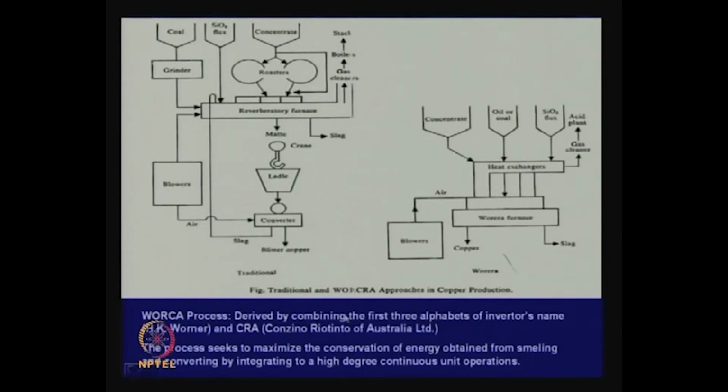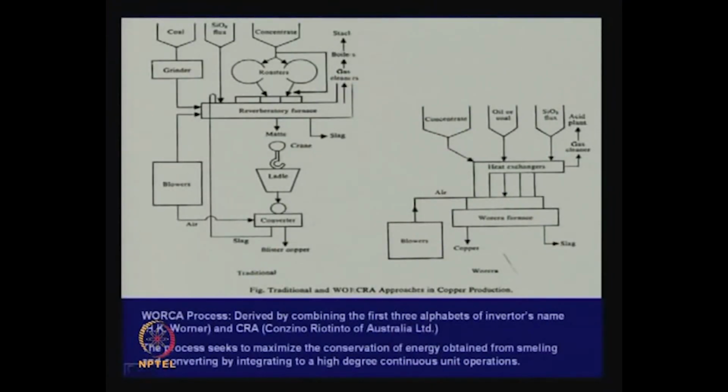This is derived by combining the first 3 letters of the inventor's name, Werner, with CRA, which is Conzinc Rio Tinto of Australia Limited. It is an Australian company where Werner was working. So, he conceived the idea. There are many others who were conceiving the idea, but he finally developed